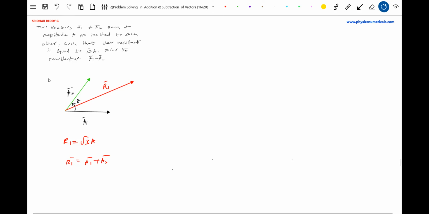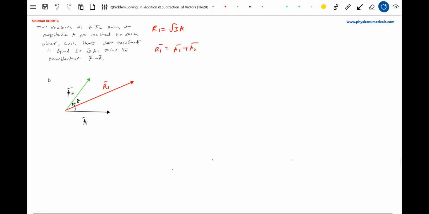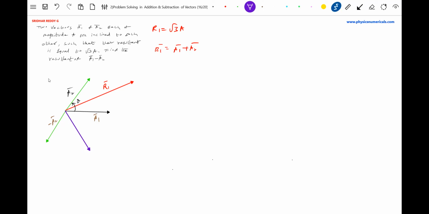I think okay, it is some addition and subtraction, nothing to bother much about. So again, R1 bar equals A1 bar plus A2 bar. No, A1 bar minus A2 bar. So I should bring the negative of the vector A2 bar. The negative of vector A2 bar will be here. How is the resultant of A1 bar minus A2 bar? The resultant of A1 bar and A2 bar should be R2 bar. R2 bar is what is asked.